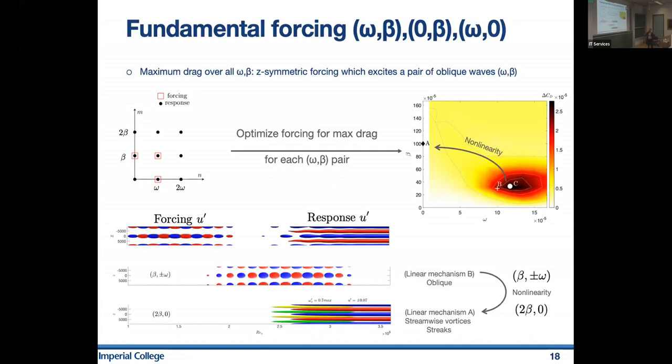So I can break down also the components of the response, and we can see the forcing U, which is an optimal oblique forcing, causes an optimal linear growth of oblique waves. They saturate nonlinear interactions, give rise to vortices, and then to streaks. Okay, all this